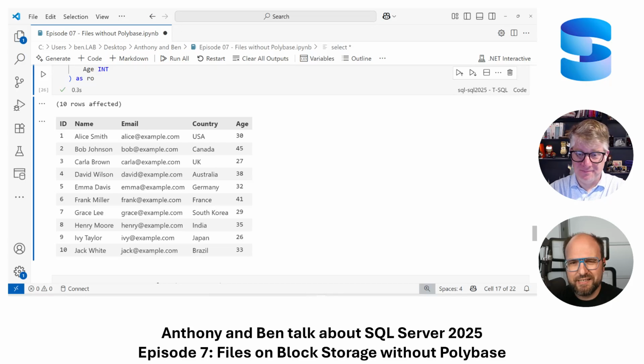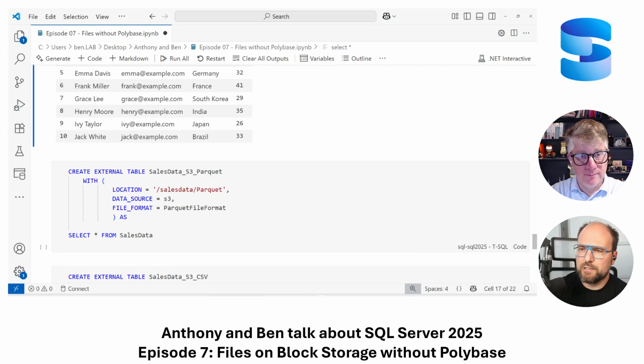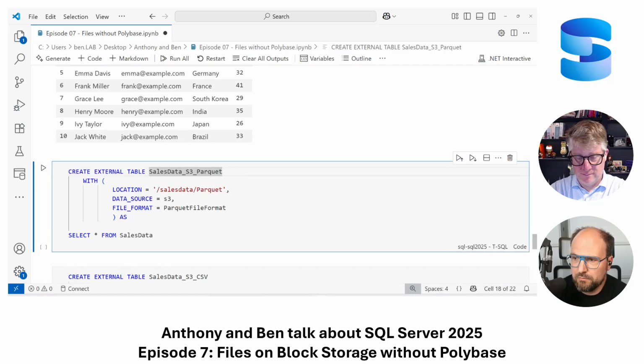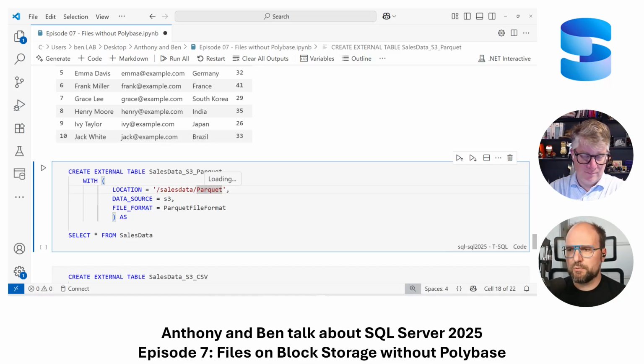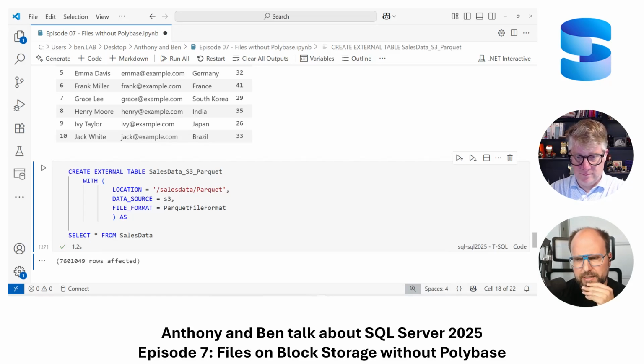Then again, I already went ahead and created that 7.6 million rows of data. So why don't we just use this? And what I can do here is use the statement CREATE EXTERNAL TABLE AS SELECT, or CETAS, where I'm basically providing a table name, a format, a location. In my sales data bucket, I'm using a subfolder called Parquet just because I want to separate those out. S3 is again my data source, so the combination of my endpoint and my credentials. I'm using my file format, and SELECT * FROM sales data is my query that I will be writing to that table. So by running this, I'm writing 7.6 million rows in 1.2 seconds to an external